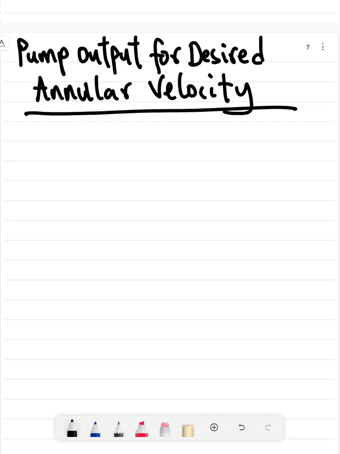In today's video, we'll be looking at pump output for desired annular velocity. So what this means is we know the annular velocity that we need to drill a particular well. We just need to calculate the pump output required for that annular velocity. So moving quickly,